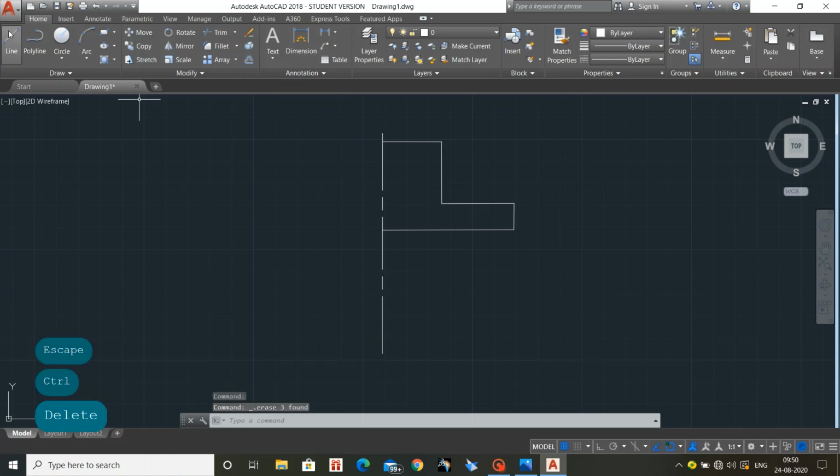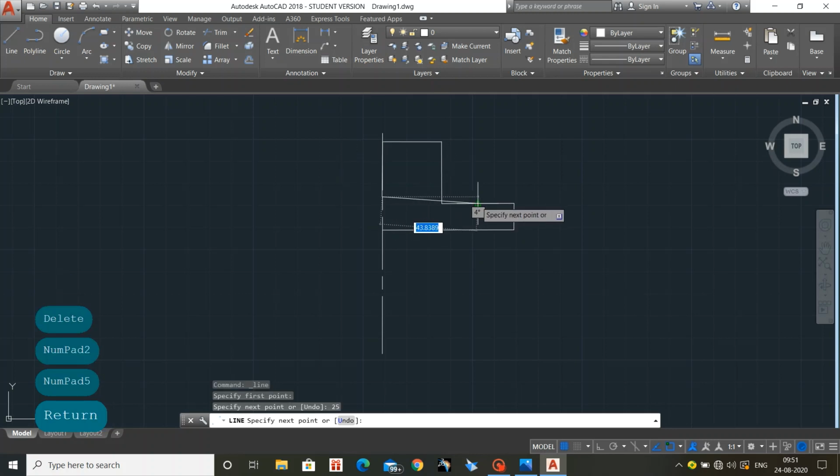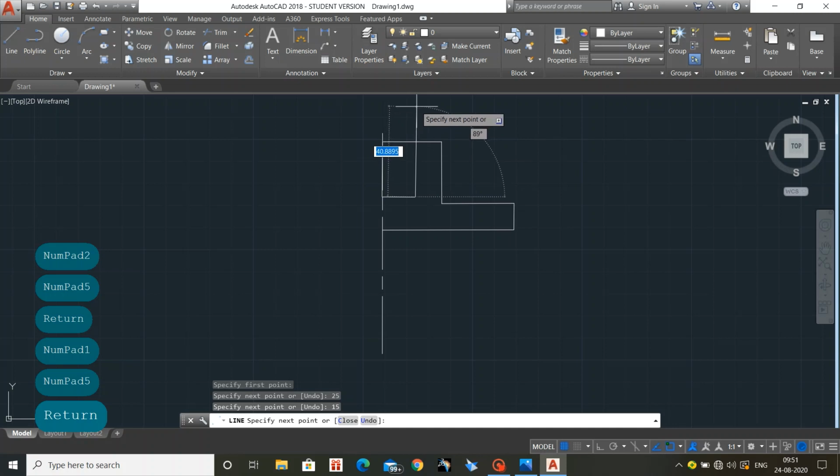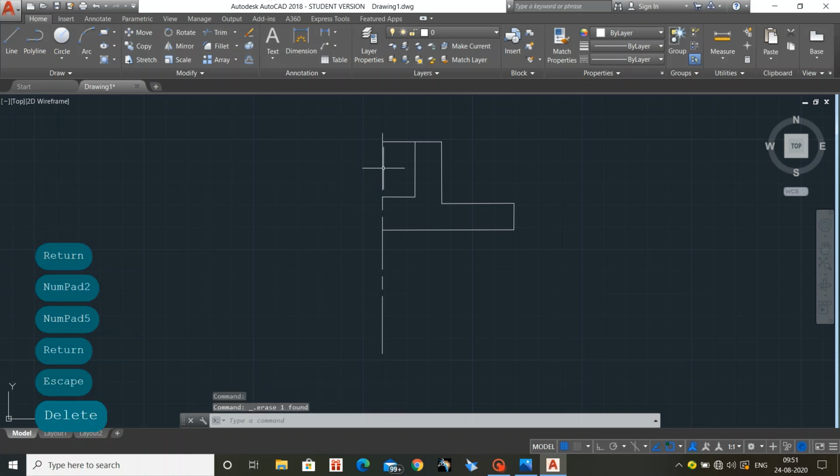So I would like to delete and redraw. Setting the angle, length is 25, getting back. So this length is 15 drawn and similarly setting the angle, length is 25. Yes, complete. So I would like to delete the line here.